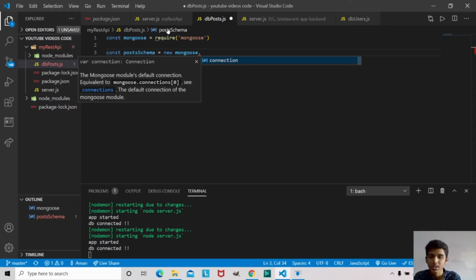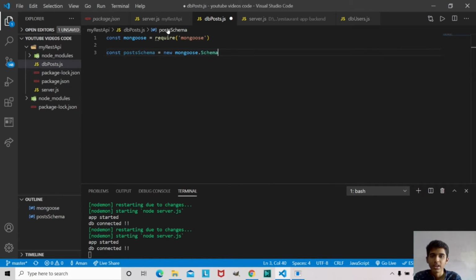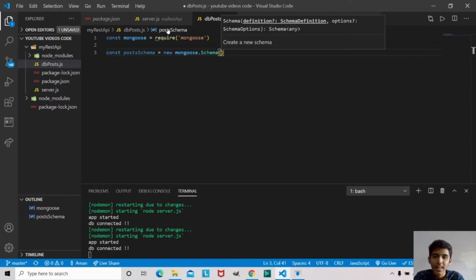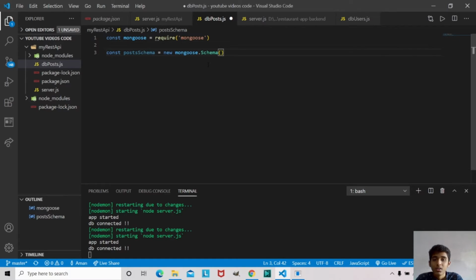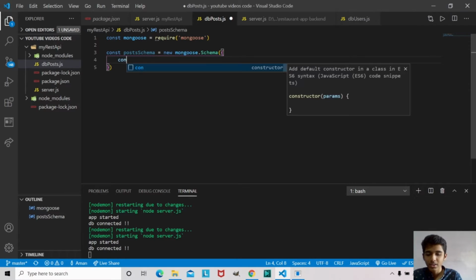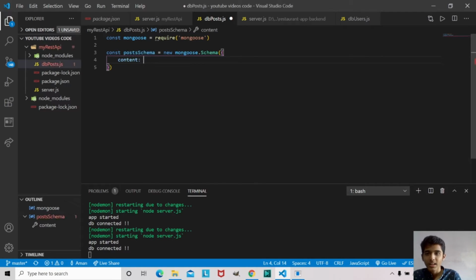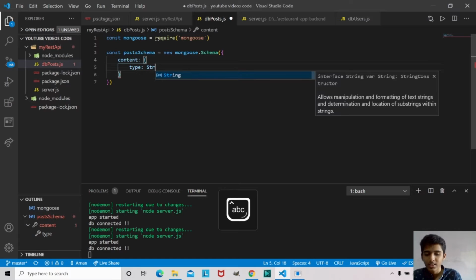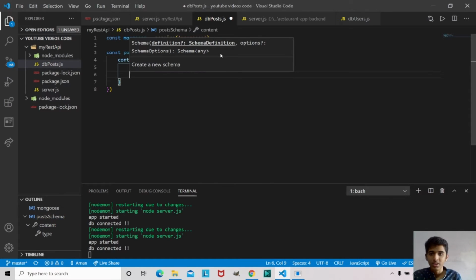mongoose.Schema. As you can see, we have autocompletion here, and this is going to be a kind of object. This mongoose schema is going to contain an object, and this object is going to define all of our fields. The first field that we're going to have here is the content of the post, so what is written in that post. This is a normal JavaScript object, and you're going to say its type as string. So the type of this content is going to be string,